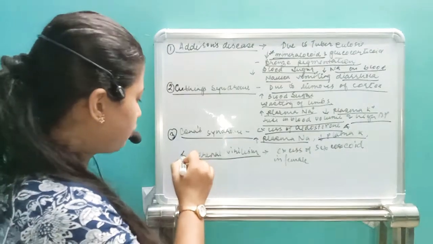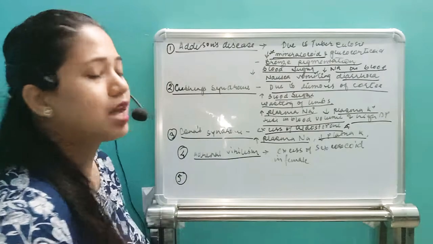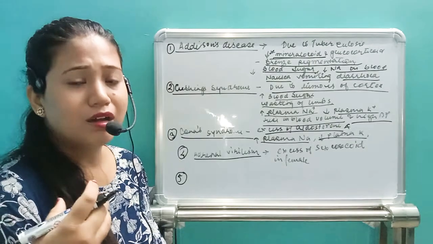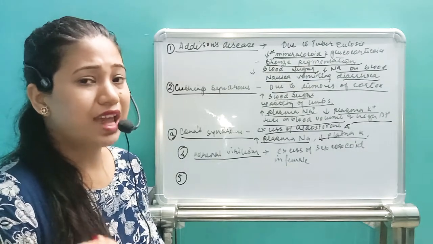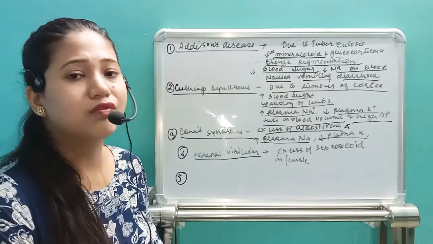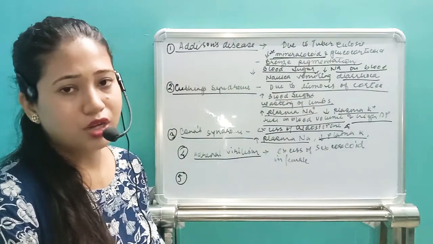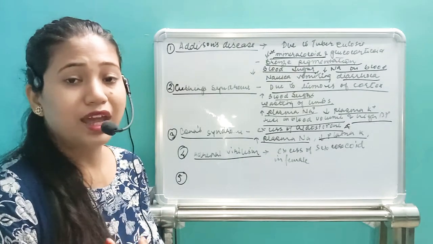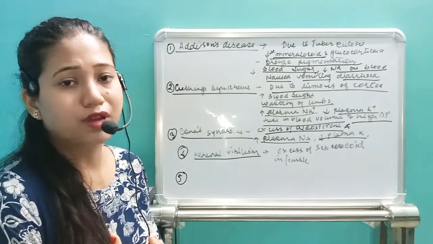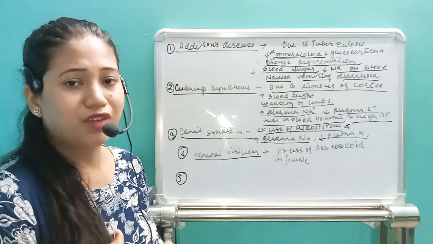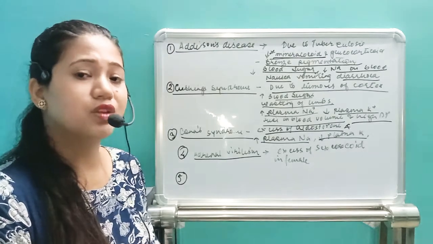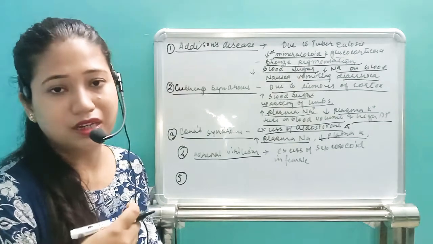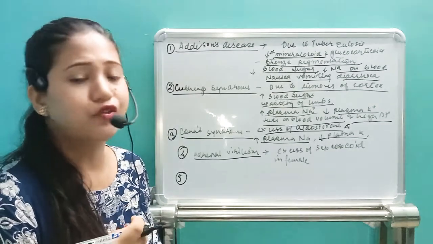The last disease, the fourth disease, is adrenal virilism. Adrenal virilism is a condition in the female where the sex corticoid or gonadocorticoid is released in excess. So a high level of testosterone in the female will cause less development of the mammary gland, a hoarse or male-like voice in the female, as well as thick and broad musculature. Male-like behavior or secondary sexual characteristics will appear in the skin or the face. Beard development will be seen in females. That condition is called adrenal virilism.